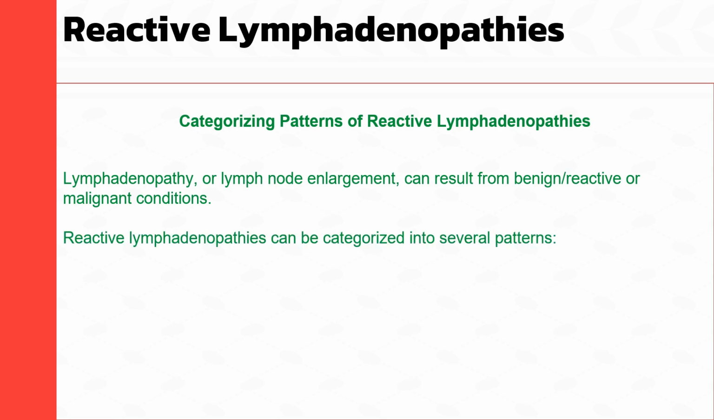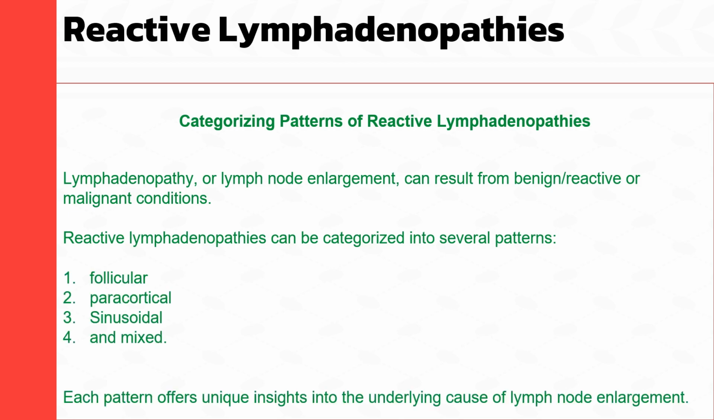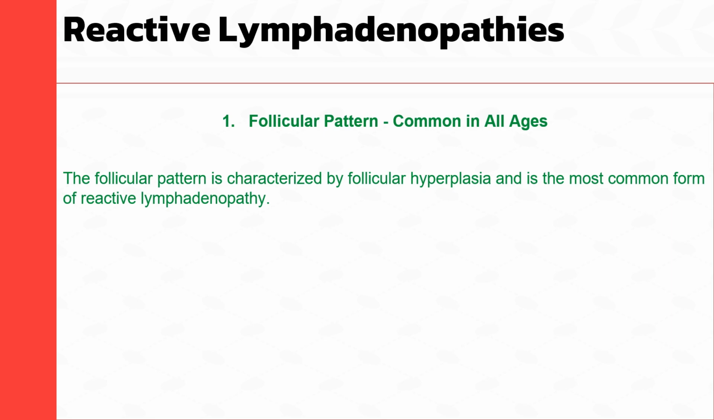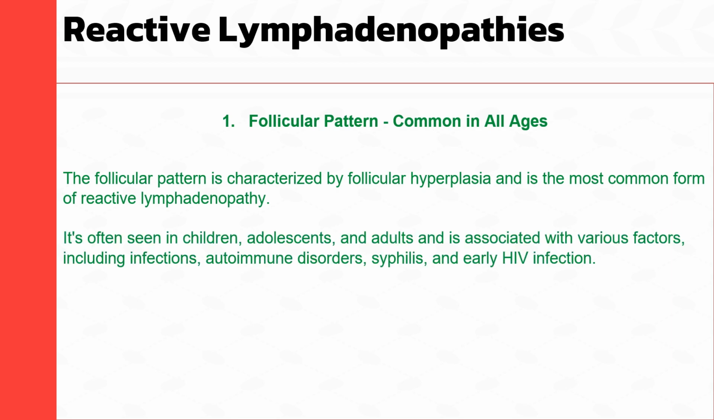Reactive lymphadenopathies can be categorized into several patterns: follicular, paracortical, sinusoidal, and mixed. Each pattern offers unique insights into the underlying cause of lymph node enlargement. The follicular pattern is characterized by follicular hyperplasia and is the most common form of reactive lymphadenopathy. It's often seen in children, adolescents, and adults and is associated with various factors, including infections, autoimmune disorders, syphilis, and